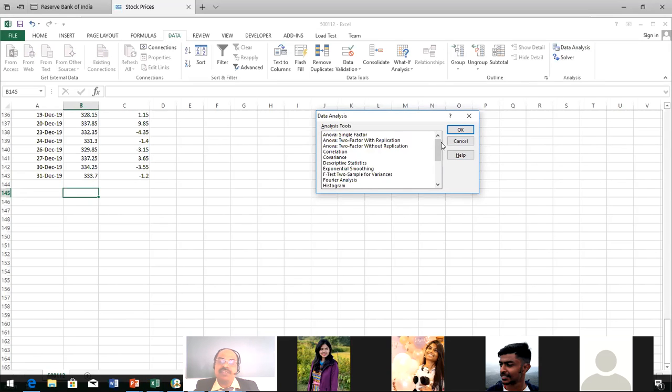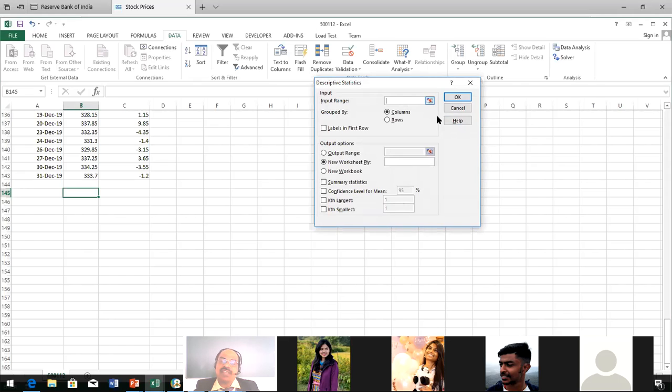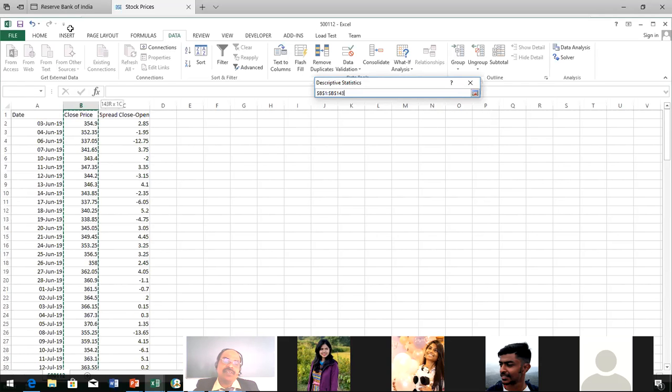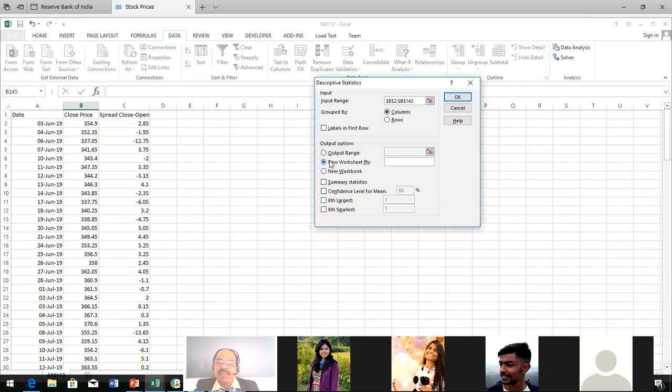Let us see descriptive statistics, the first one. You have to select the input range. I'm selecting the input range here. Of course, this data is useless; I'm doing it for your understanding. Then the output range.